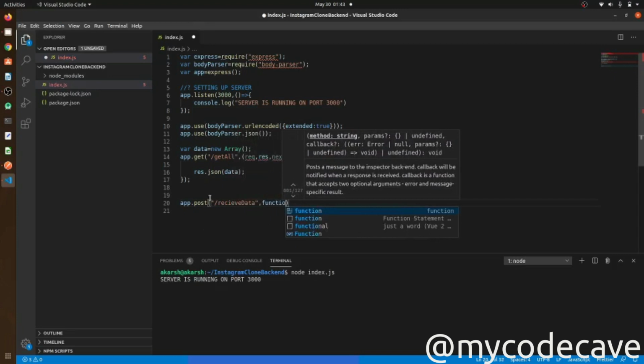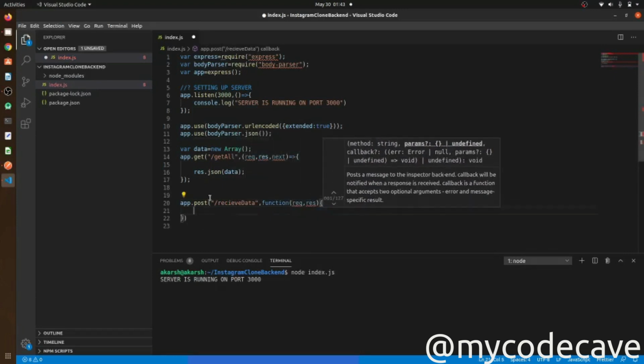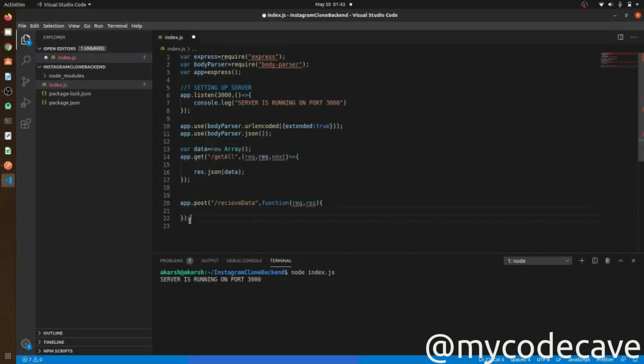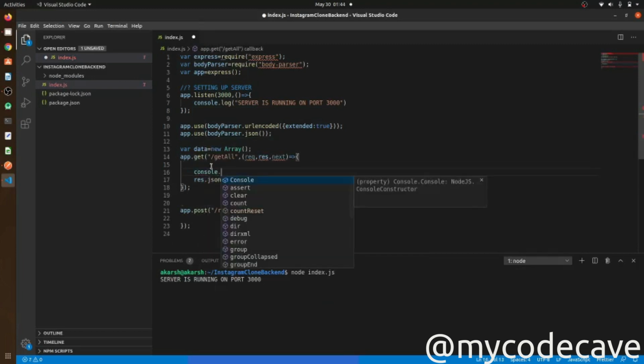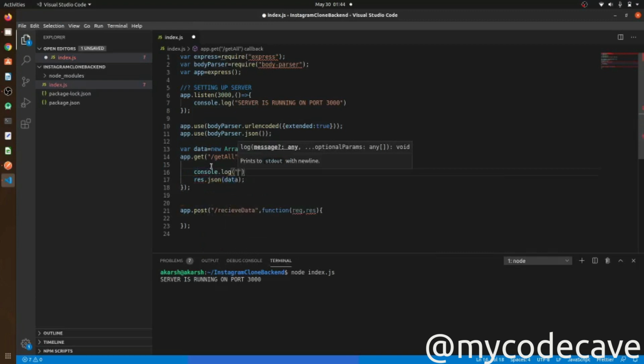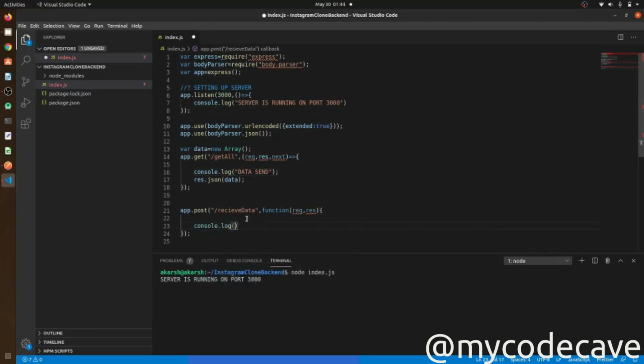It will have a function with request and response. Let me give it something like logging, console dot log data send. We will do the same here, console dot log data received.